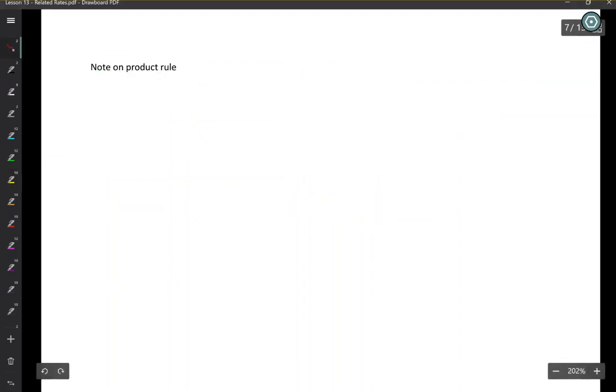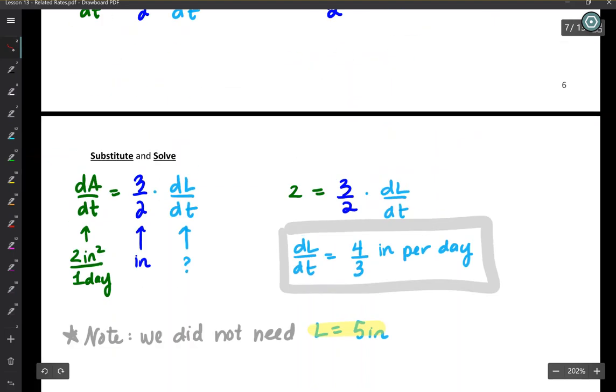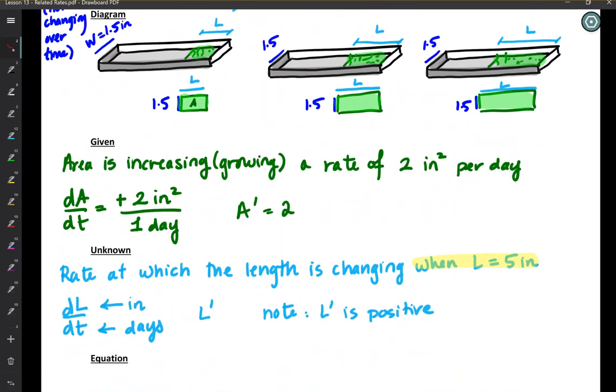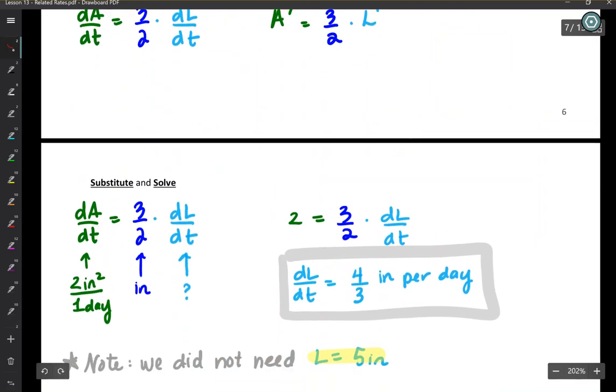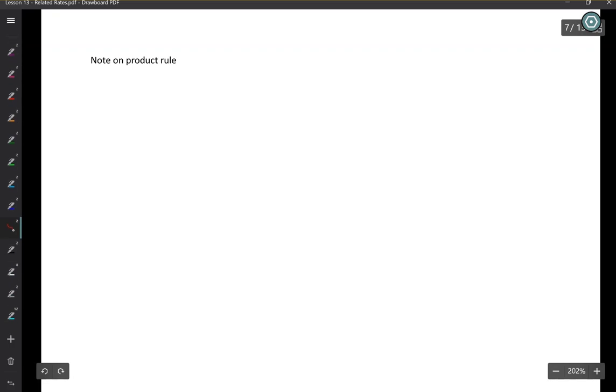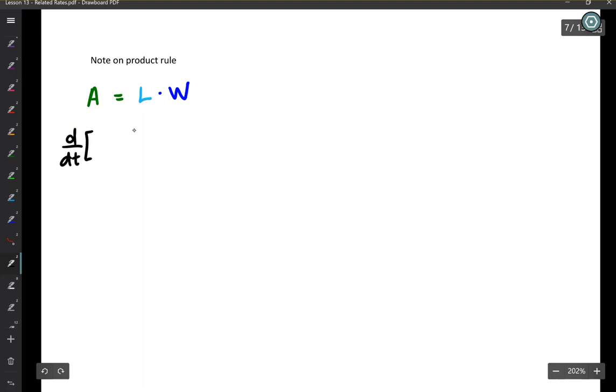Okay, and I just want to make a note about product rule, because if you didn't plug in that constant for W, and again, it was fine to do that because the width was never changing over time, but if we didn't do that, we would take the derivative using product rule. Let's explore. So if my area is my length times my width, differentiating both sides with respect to time,